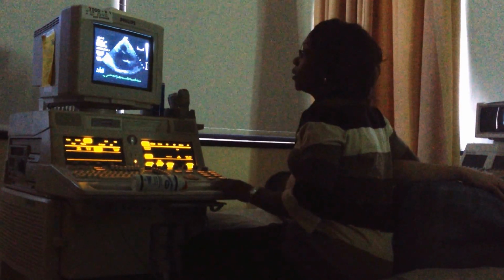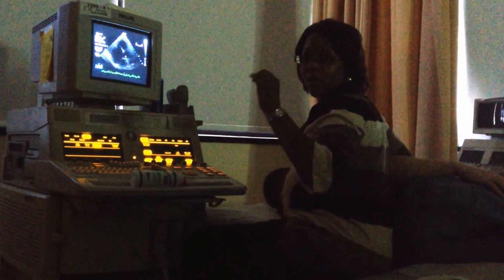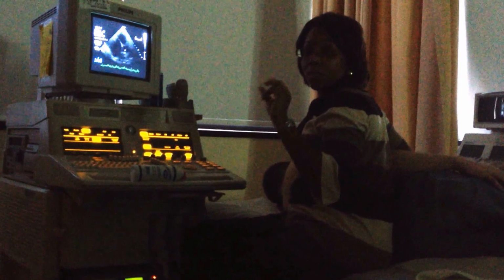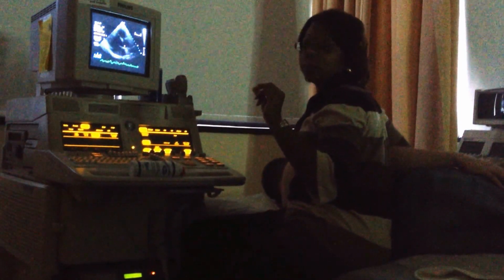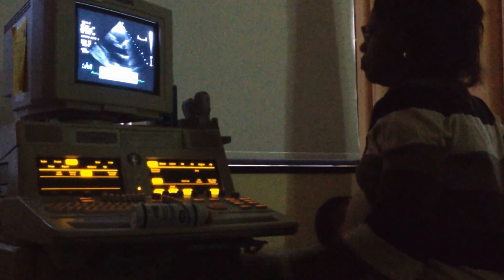That's the hardest view on adults, the RVOT, the right ventricular outflow tract, the pulmonic valve. And that's one of those two shots that we give the pulmonic valve. So you really should try to get that one in, okay? And then when you're done with your parasternal long images, you want to rotate